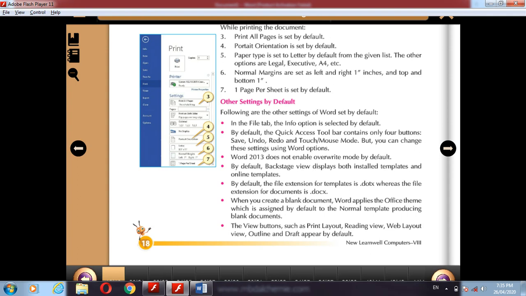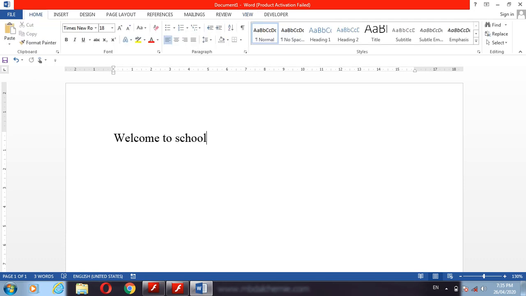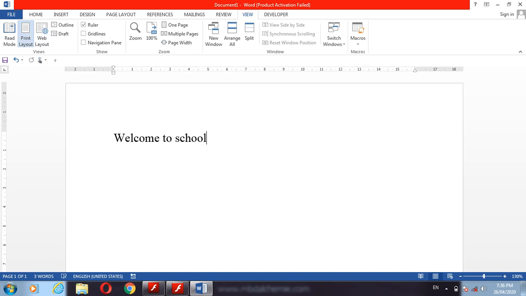The view buttons such as Print Layout, Read Mode, Web Layout, Outline and Draft appear by default. See, we can see here, we just click on the View button here. This is Home and this is the View button. Here Print Layout, Web Layout, Outline, Draft, Read Mode, all these settings are already available here by default.